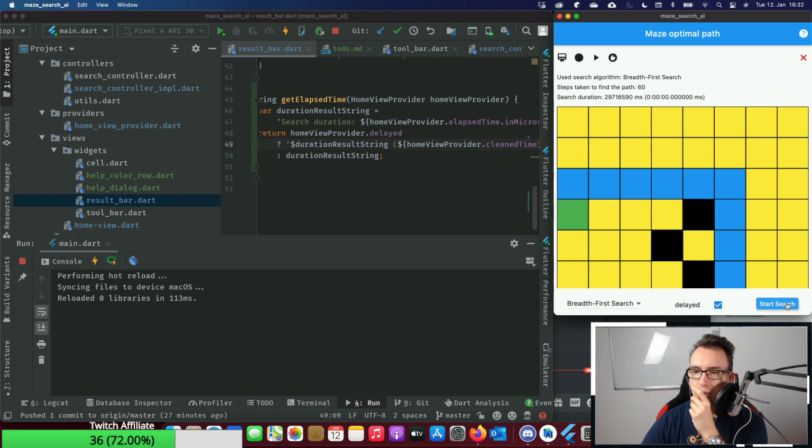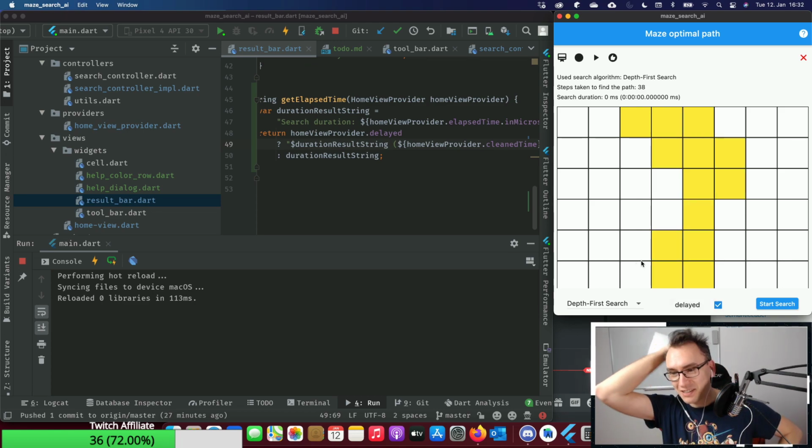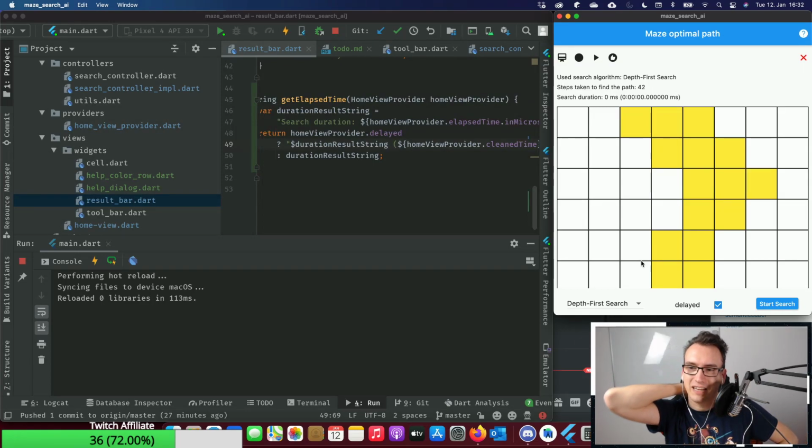So what would happen if I'm searching now? Cool. Well, we still have to trigger some process so that if it is running, we are not allowed to change anything anymore.